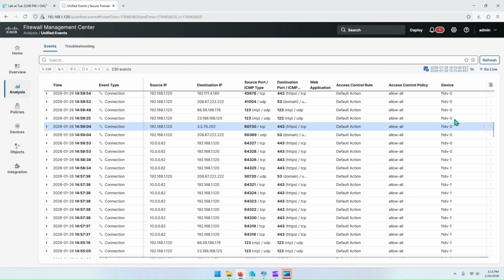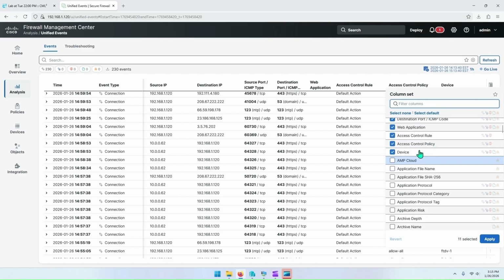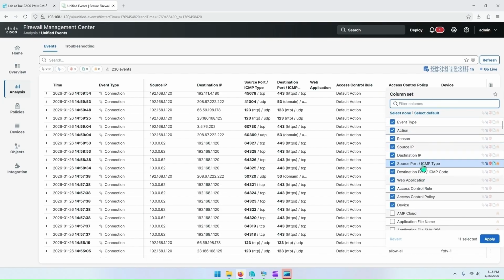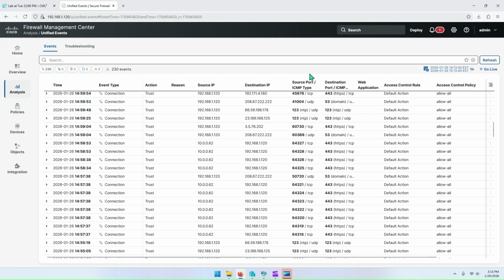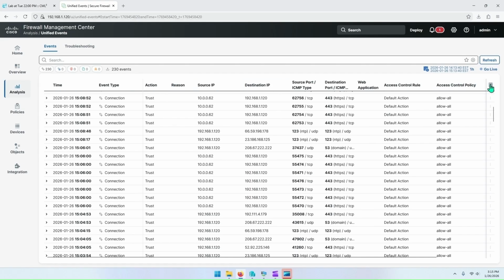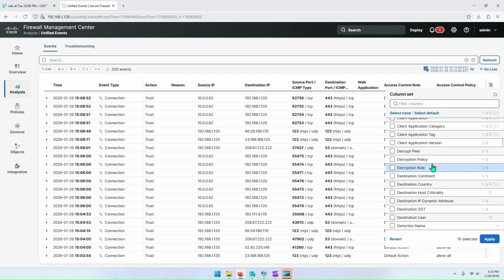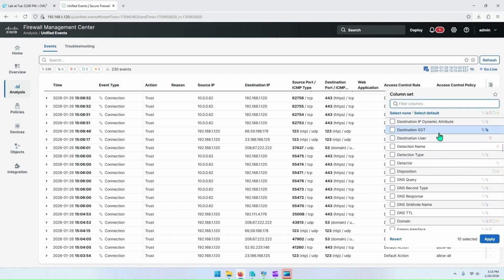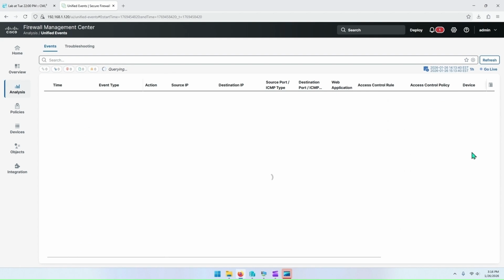By the way, one thing you can do is you can click this column icon in the top right, and you can add or remove columns. So in my case, we can see that the reason column is empty, so we'll remove that since it's just in the way. Then we'll also add, I like to add the NAT destination IP and the NAT source IP. So if we click apply,